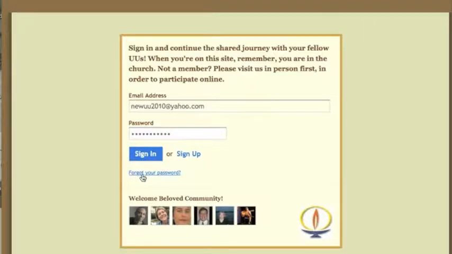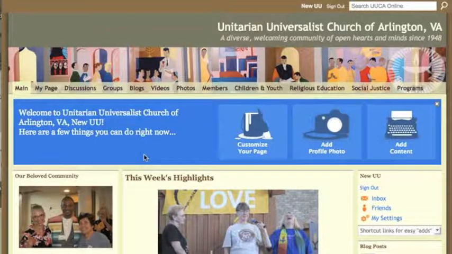Remember, if you forgot your password, just click this link and it'll guide you through getting a new one. Sign in. And here we are. We are now signed in for the very first time. The provider we use for the technology that makes our network possible is Ning,